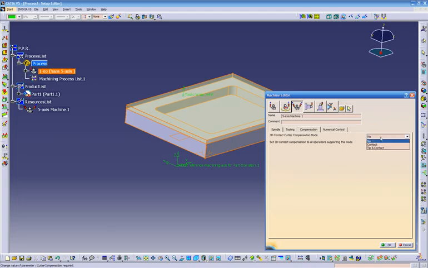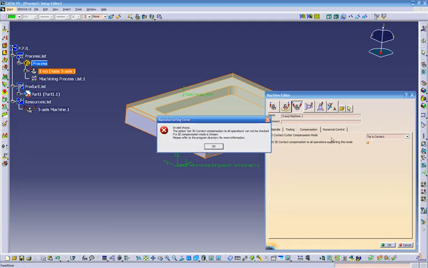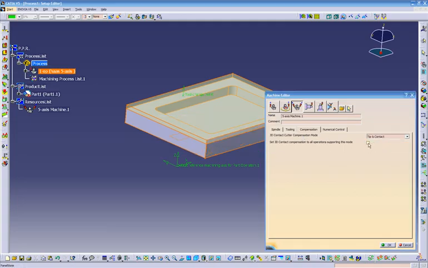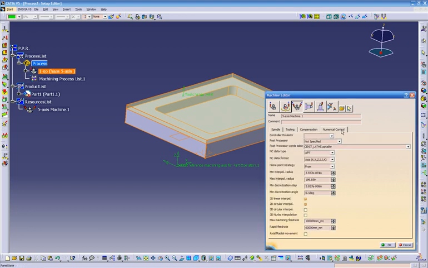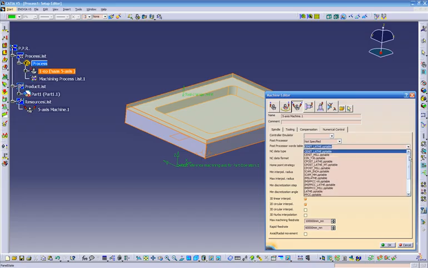Over here we use the cutter comp. So if you use the cutter comp, you turn it on over here. I was going to ask you, you have to turn this off first. So this is the cutter comp in here. And numerical control, I usually use,